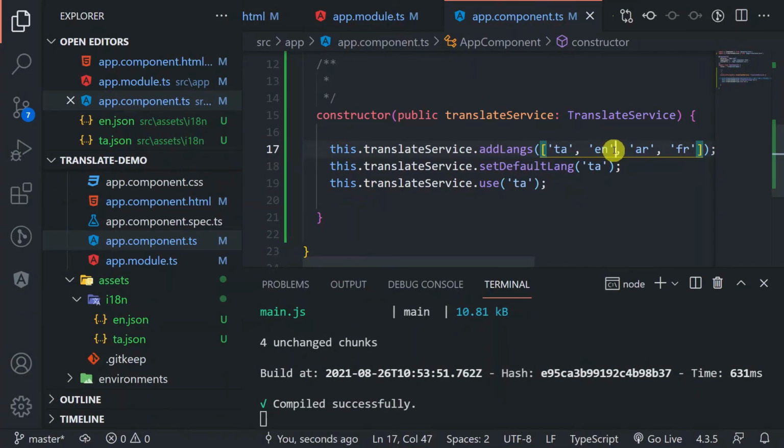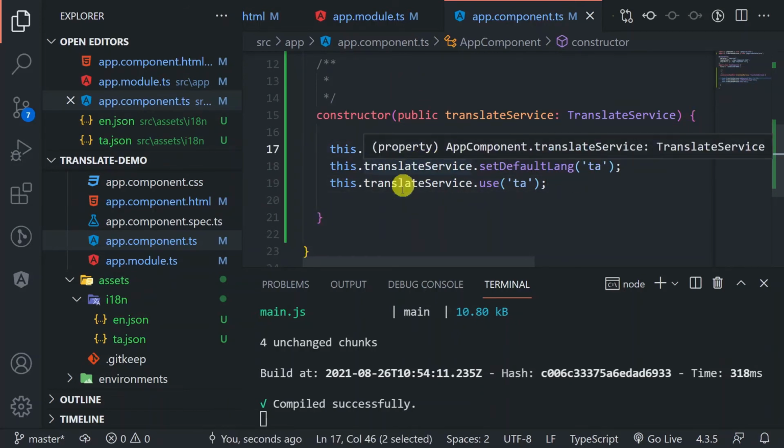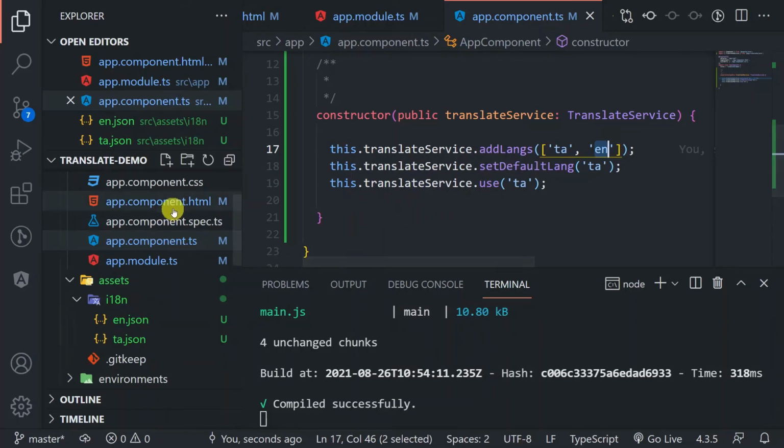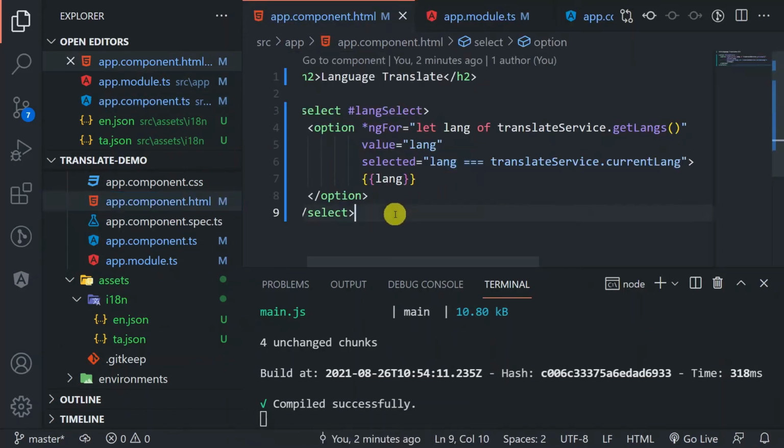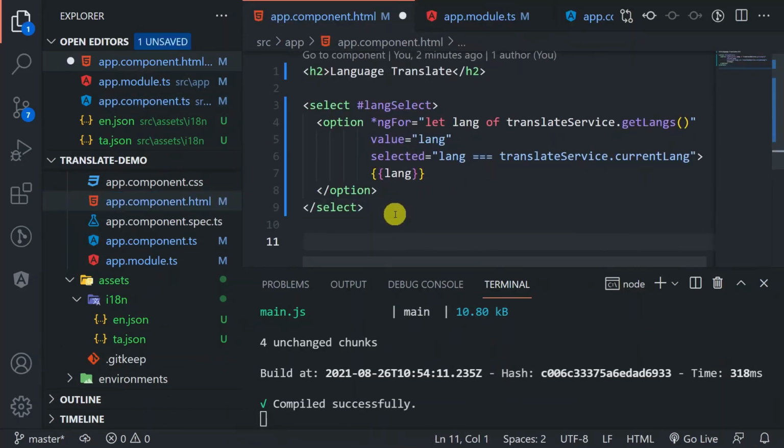So for now, I will just have only two languages, and I set the default language as Tamil, then English. So I can choose it. So currently we have a language selection, and everything is there. So where we need to display this, how we can incorporate this, right? So what I will do,